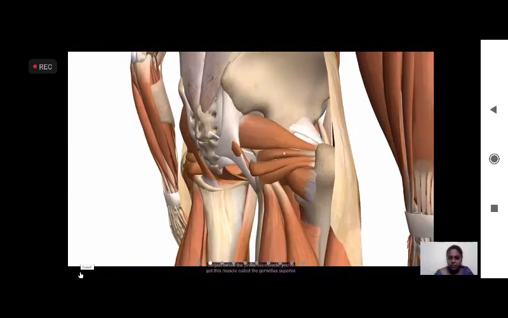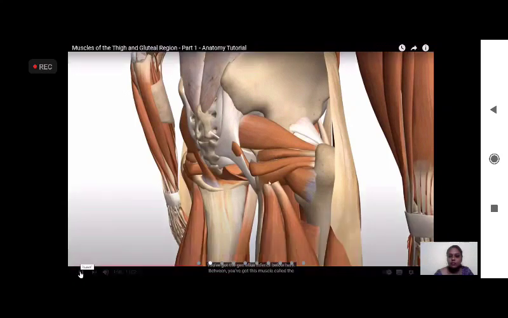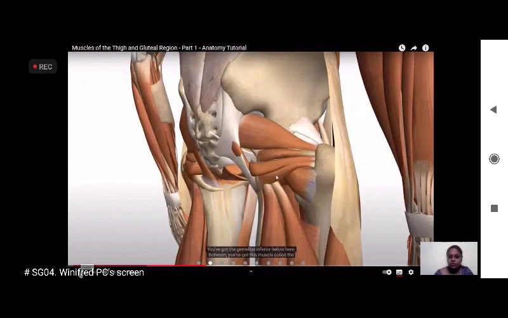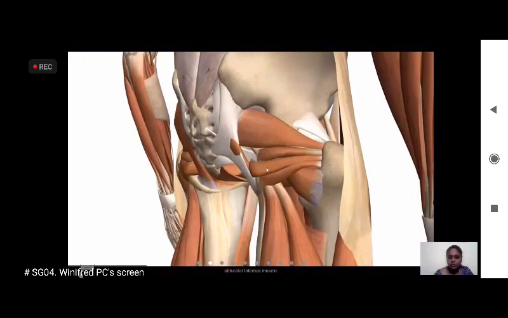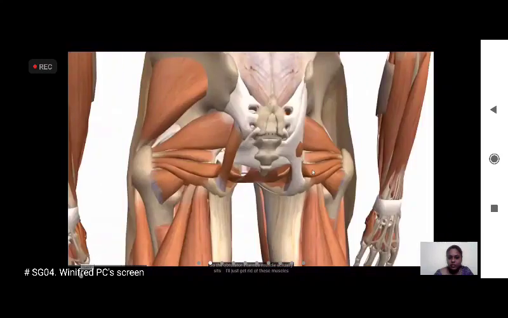So just below the piriformis muscle, you've got this muscle called the superior gemellus muscle, or the gemellus superior. And you've got the gemellus inferior below here. But in between, you've got this muscle called the obturator internus muscle. So the obturator internus muscle actually sits,